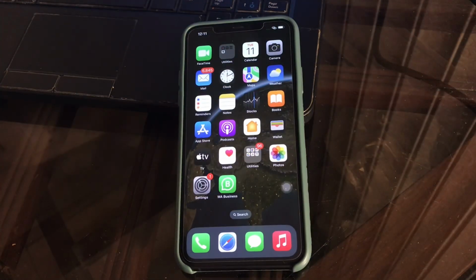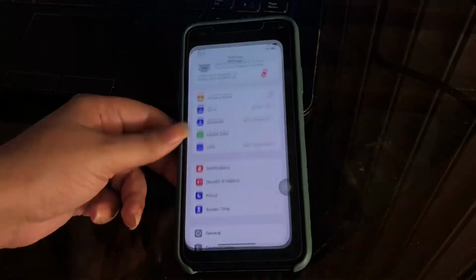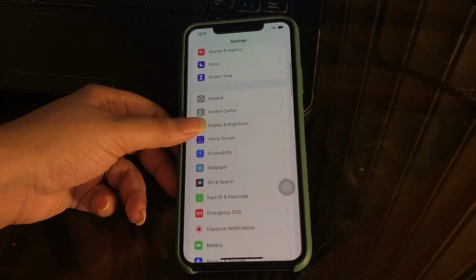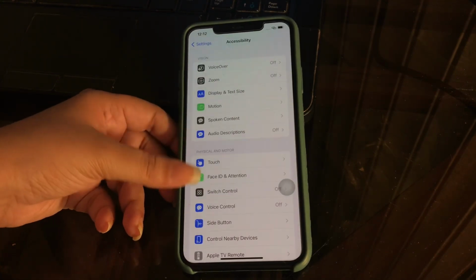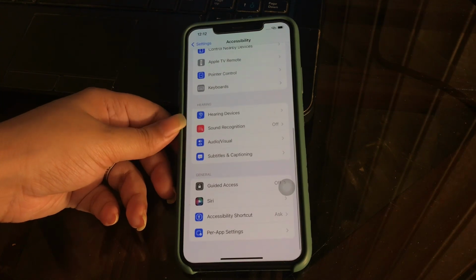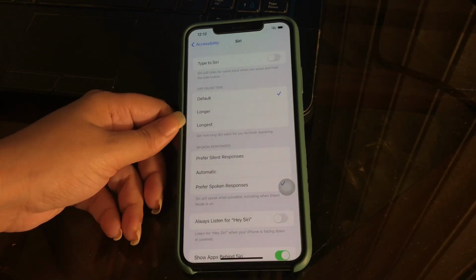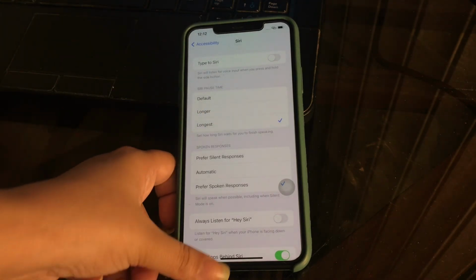And the next tip for you is now Siri can listen for a longer time. With this feature after iOS 16, you can speak for a long time and Siri can wait for a longer or longest time till you finish speaking. Then Siri will follow the instruction instead of interrupting in the middle. This could be very helpful for users who speak slowly. The user needs to change the setting called Siri pause time. For this, go to settings and then scroll down and tap on accessibility, scroll down and then tap on Siri, and then select either long or longest under the Siri pause time option, and you are done.